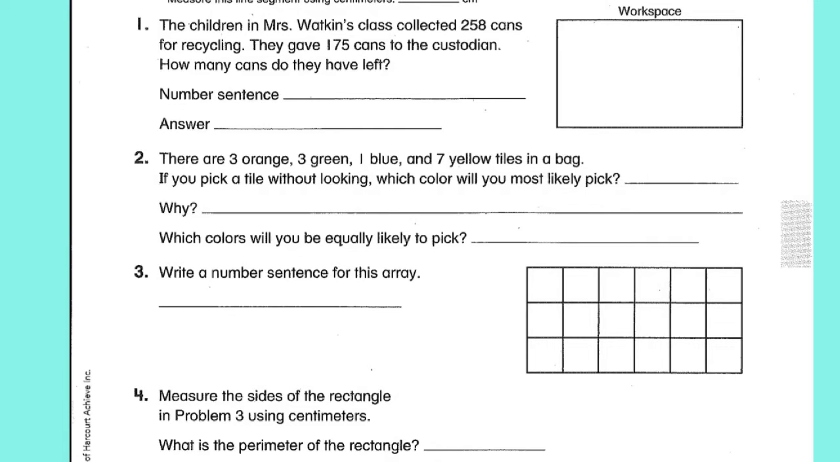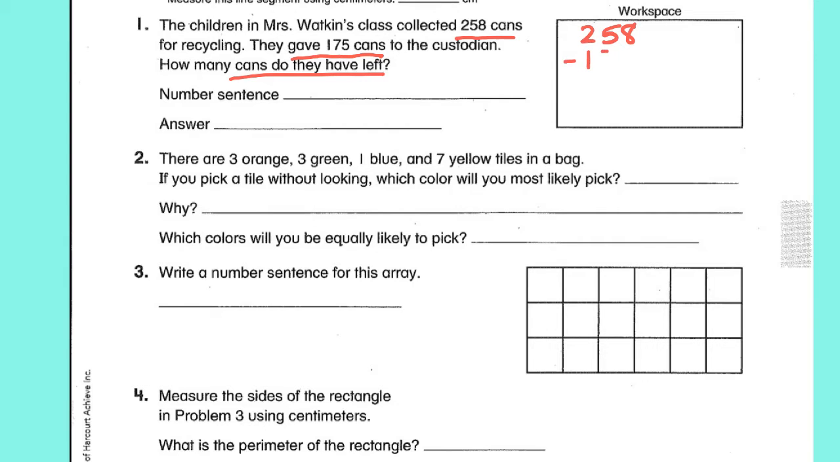Well, let's underline the important information first. So it looks like the class collected 258 cans. They gave 175 cans to the custodian. How many cans do they have left? All right, so let's go over here to our workspace and write 258